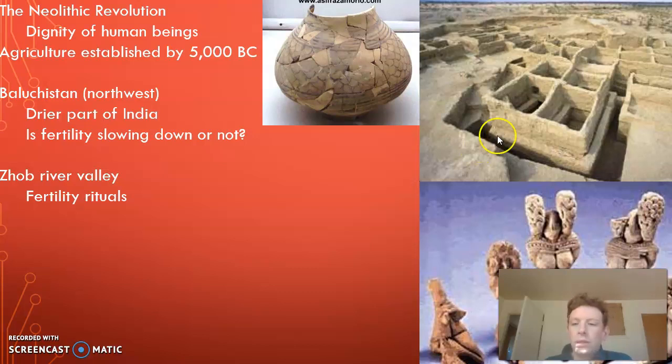So the figurines that have survived from the Zob settlement suggest that we have a religion that's being practiced in this society, and that it's focused on achieving fertility. It's focused on achieving and cultivating the fertility of the planet that has made agriculture and the cultivation of plants and animals possible, which in turn has made these settled civilizations possible.